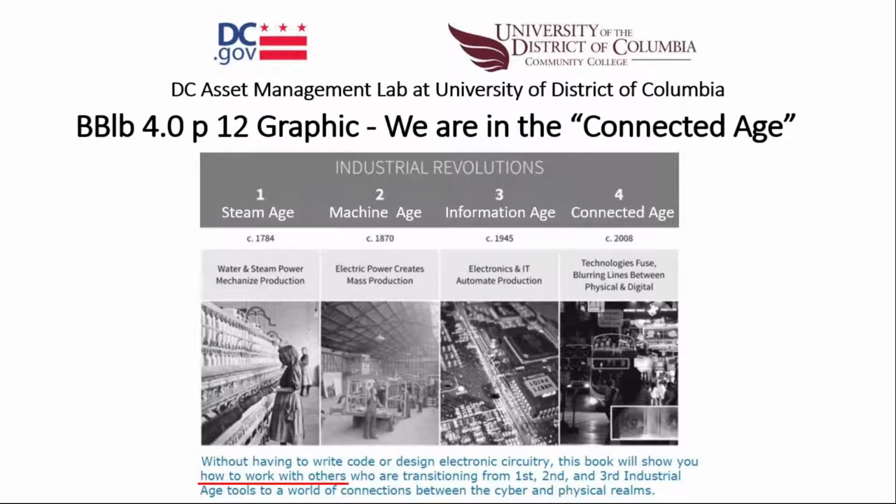And many people think we are in the information age. We are already out of the information age. We are now in the connected age. So if you aren't showing how you can connect your information, you're actually using Stone Age tools while we are in the Copper Age. And important in this is in the lower left, it says how to work with others. So it's not even about the technology, it is about how you use the tools to interact with people and achieve missions that might not seem achievable just 10 years ago.